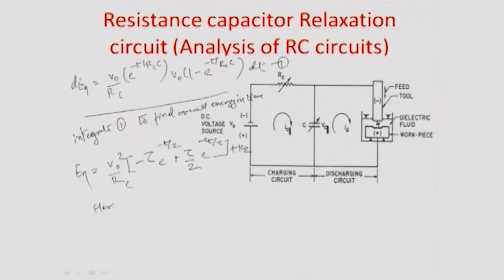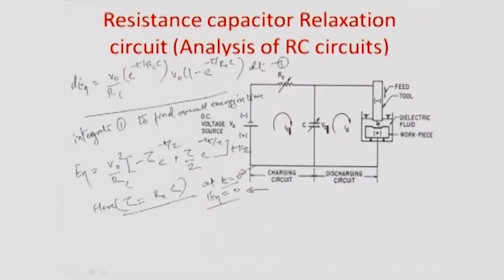Here the tau is the time constant, which is RC, has been assumed to be RC. So, at time t equal to 0, we know that the total amount of energy which has been delivered to the capacitor is also 0. The process has not yet started on the charging circuit, we have made similar assumptions in earlier expressions. And so, if we put the value of t equal to 0 as En 0 here, K2 comes out to be equal to V0 square by twice R times tau, putting the value of t equals 0 in this particular expression, and